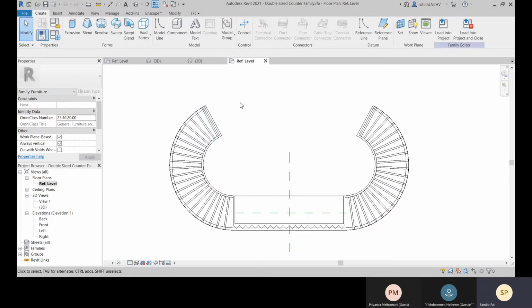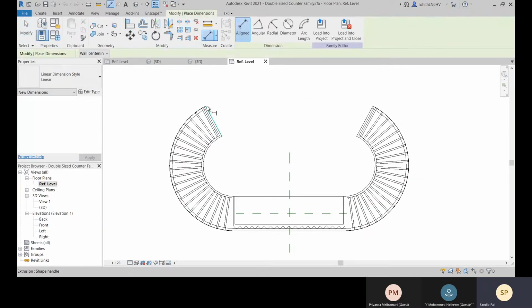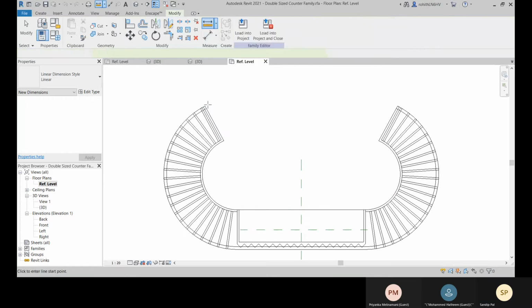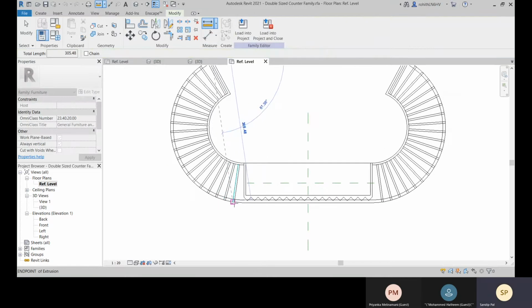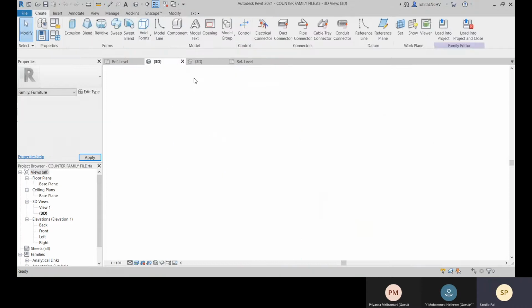And here also you can check it. Let me just show you. From this end to this end, you can see that this is totally 30 something, and for this one,